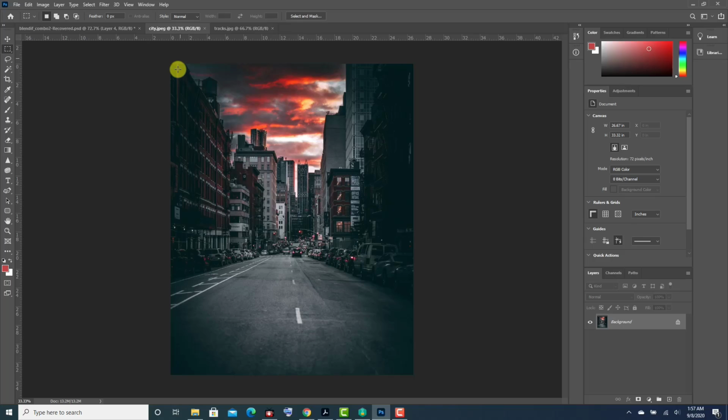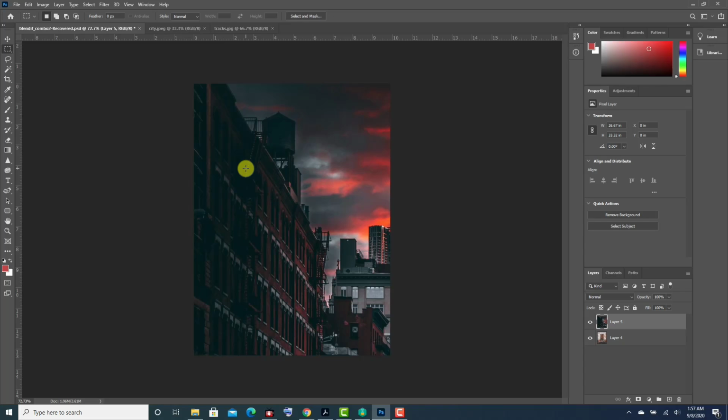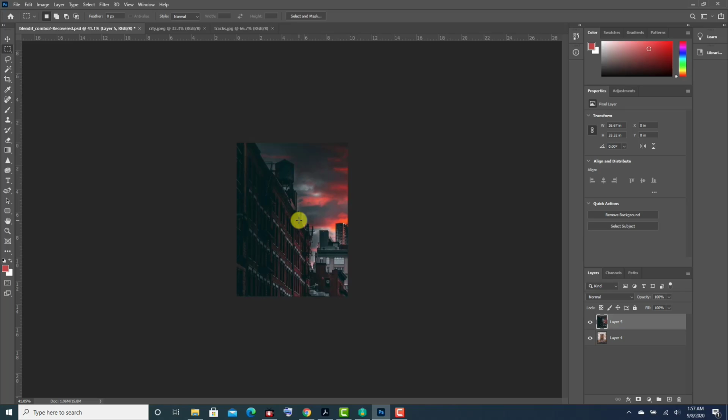So I'm going to select this image, Command A or Control A to select all, Control C to copy it, and Control V or Command V to paste it in. It's a little bit bigger than that layer, so if I use the shortcut key for a free transform, which is Control T,